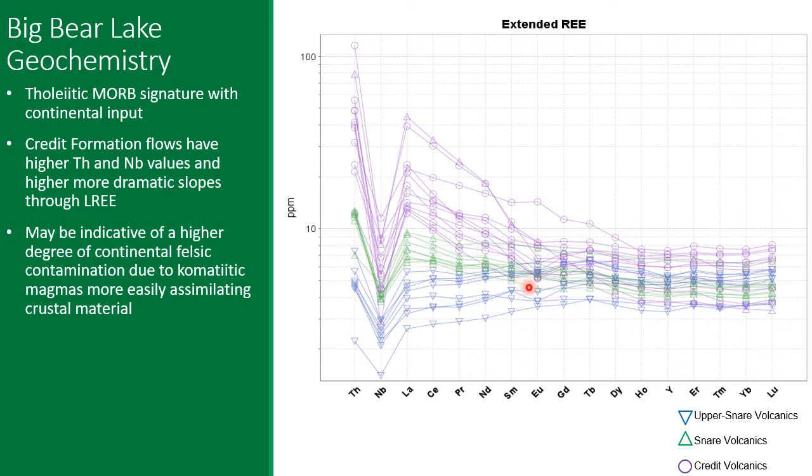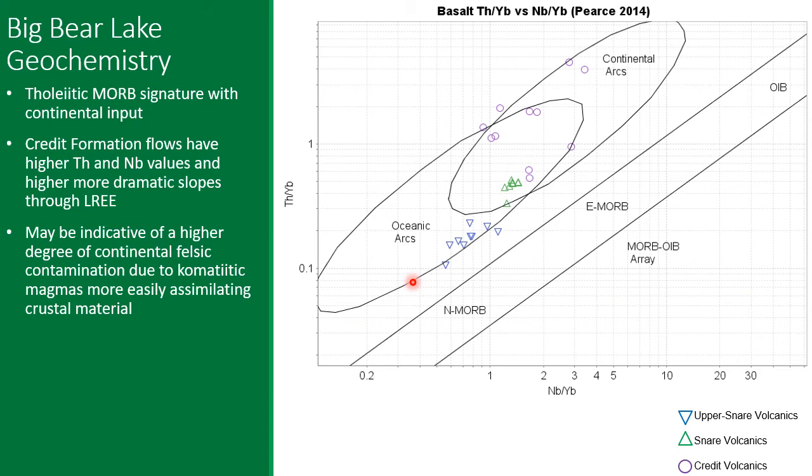So while the two were mineralogically identical, we are interpreting this difference to mean that they were erupted either at slightly different times or somewhat distally from each other along the rift. This Pearce diagram also reflects these differences. We have the Credit Formation, which here has a more continental arc-like signature compared to the more oceanic signature of the Snare Formation. So what we seem to have is a trend going from the more continental to a more